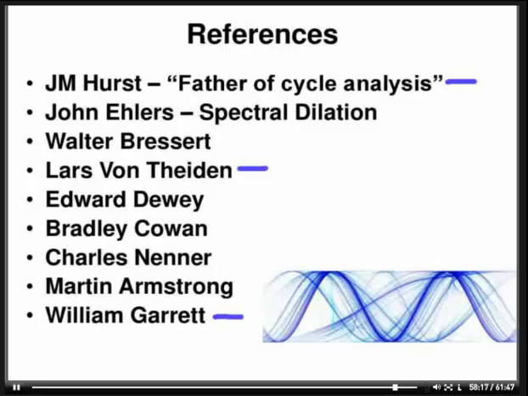The thing with trying to do cycle analysis without some type of scanning engine is you're leaving too much, in my opinion, to the subjective human eye. So when you're trying to count this low, this low, this low across time, it's a little bit subjective, whereas in the way that I showed you, we're actually using a mathematical function to say this is where the cycle is, whether you like it or not, whether you can even see it there. So I think they're a little bit different, but it is possible for sure.